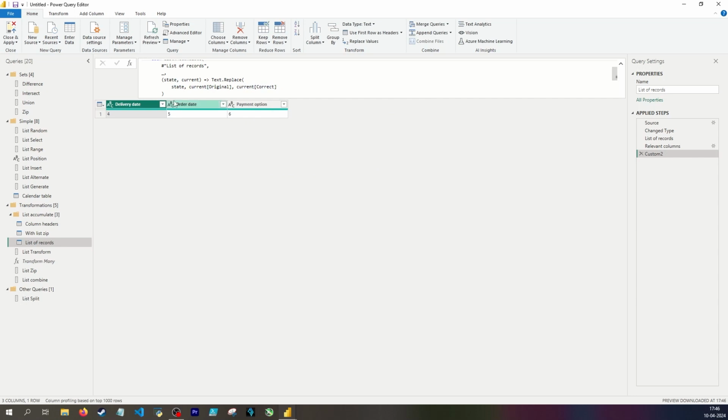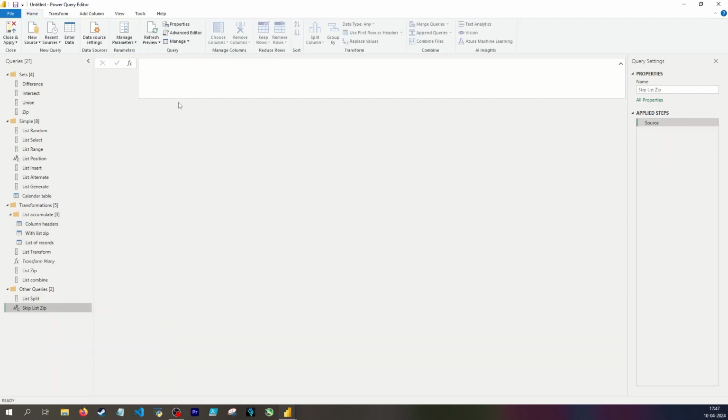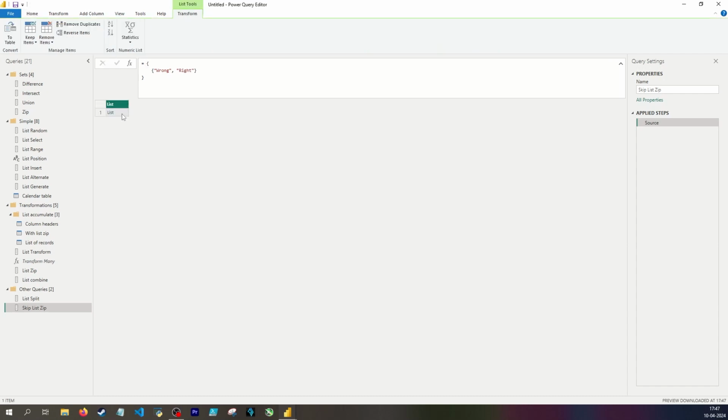So you can decide for yourself if you think it's worthwhile to create a list of records, because it does require you to have to write this original and correct every time, and is a bit more effort, or if you can live with just writing a list with the wrong spellings and one with the correct spellings, and then use list zip. Alternatively, you can also skip using list zip by straight up writing a list of lists. So my outer list and then my inner list could be wrong and it could be right. So now I also have a list of lists. But it all depends on what you think makes most sense and what's easiest to read and easiest to understand in the future when you have to read the query again, or if you have to add another spelling mistake. So, yep,